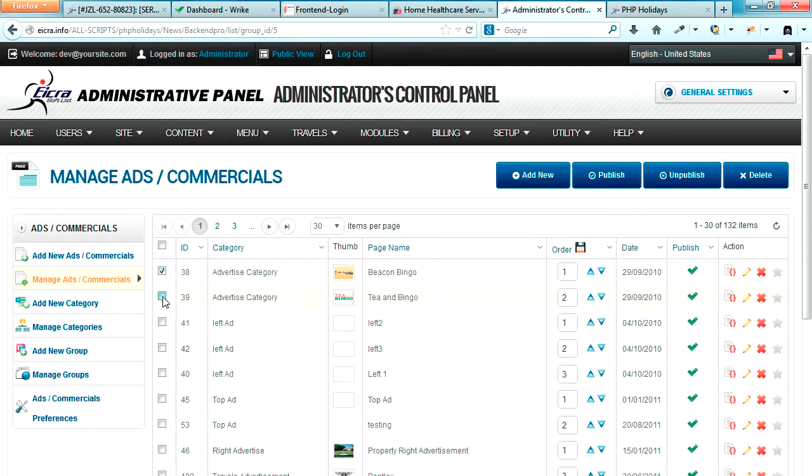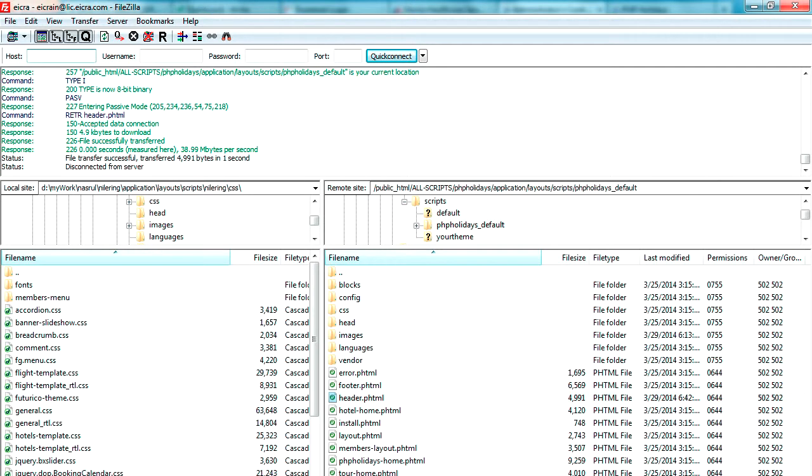that show up on your site. So these are the dummies. You can rename, edit, change, or delete them, whatever you want. Now we will go back to our home page, and we are going to edit our header banner. Under your FTP there is a folder called application, layout, script, and your script underscore default is the default template. So let's log on to our layout area.